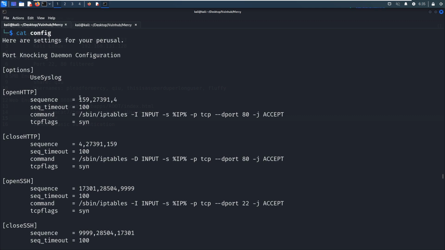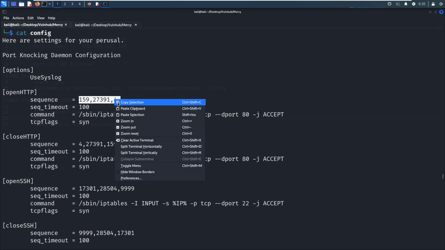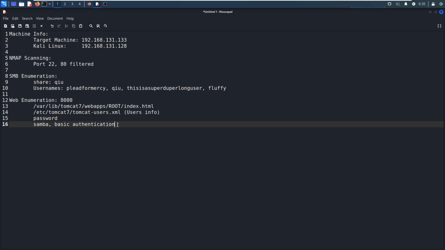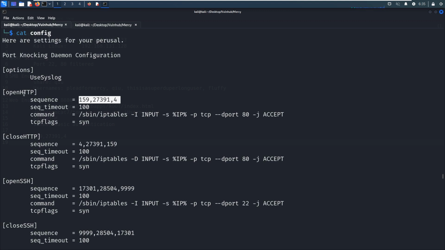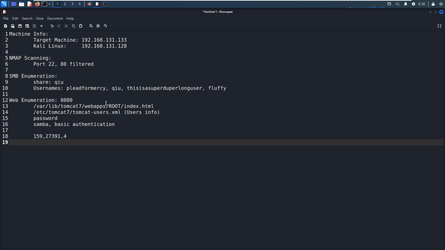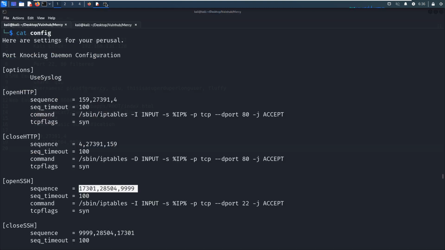Open HTTP. I think we can copy the sequence and put over here. So to open the HTTP service, we need to knock this port sequence. And also we can make a similar knock to let the SSH service run. So let's do it now.